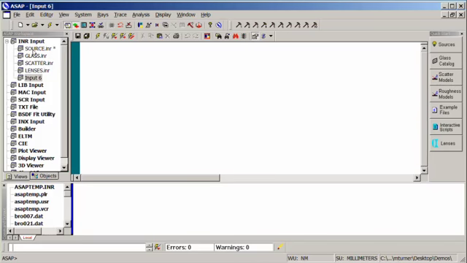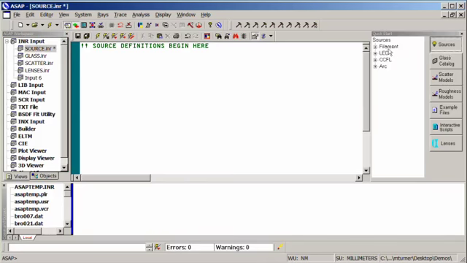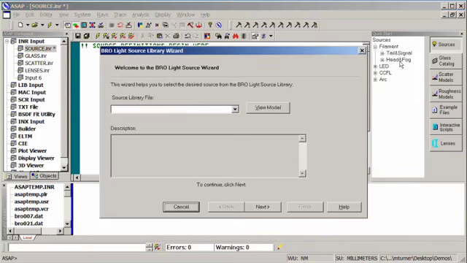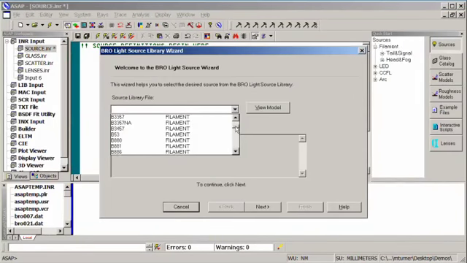For instance, let's assume we wanted to enter a source from the Breault light source library. All I need to do is go to my quick start bar and select sources, and from this I see that I have a series of types of bulbs, including tail and signal as well as head and fog lights for the automotive applications. We also have a large number of LEDs from several manufacturers, CCFL tubes, as well as arc lamps. Let's assume we select the source that we're interested in. In this case, I'm going to select a fog lamp, the